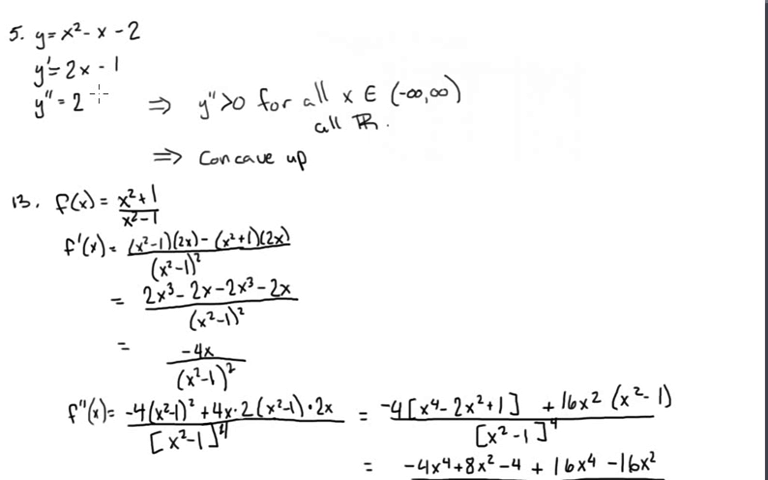If f double prime of x, the second derivative, is greater than 0 for all x in I, then the graph of f is concave upward on that interval. If the second derivative of our function is less than 0 for all x in that interval, then the graph of the function is concave downward, right? And then concave upward means that we have this function whose